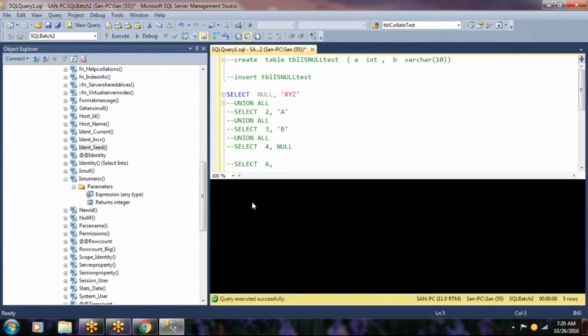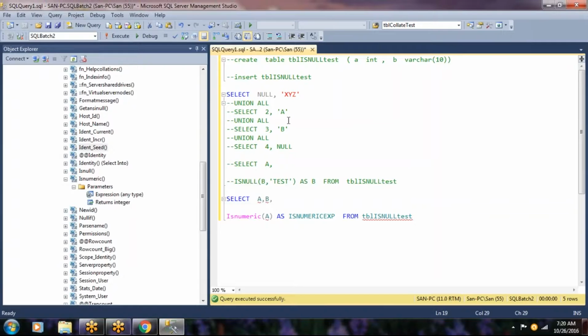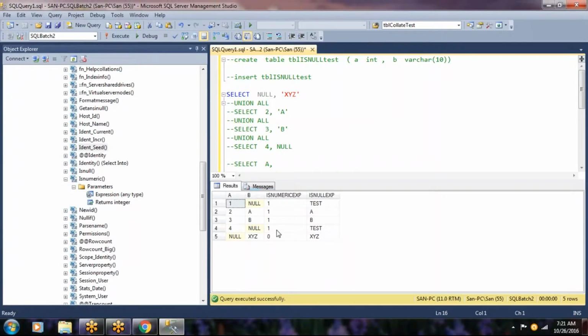And let us include ISNULL also here. Let us go for each numeric expression in this table, tbl_isnull_test.